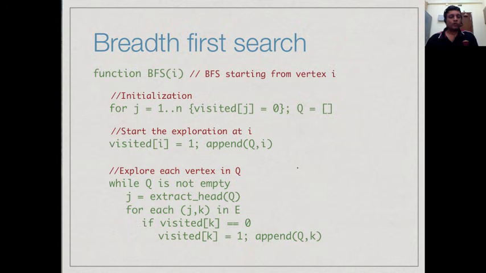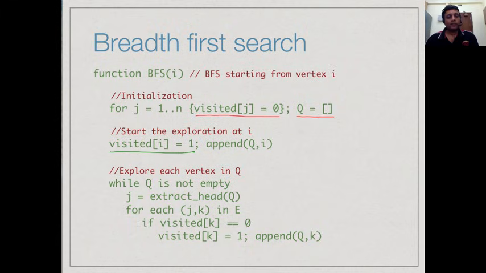So here is some more formal code for BFS. BFS is a function which takes as its argument the vertex from where we want to explore the graph. So as we said, the vertices are called 1 to n. We have this array visited, which is initialized to 0, and we have a queue to mark the vertices still to be explored, and this is initialized to empty. So we begin by